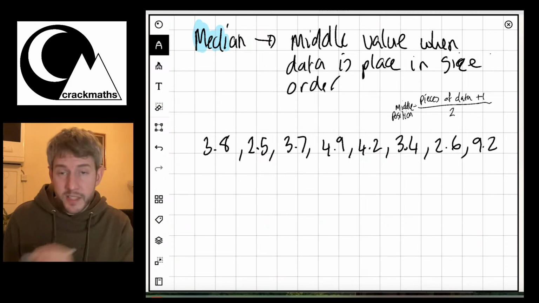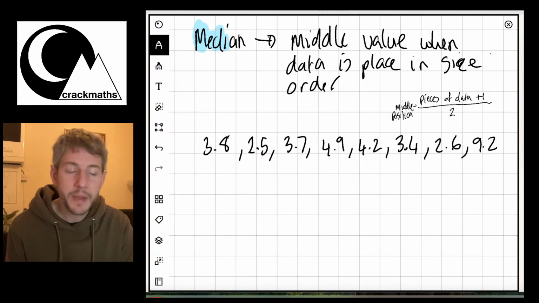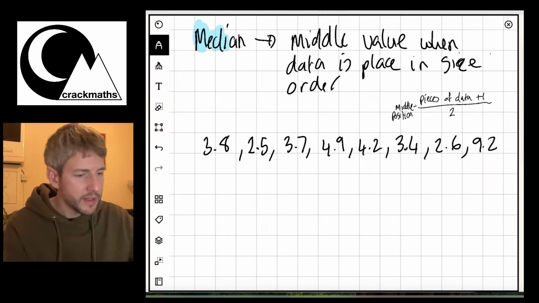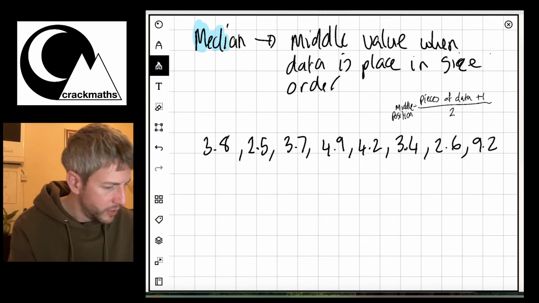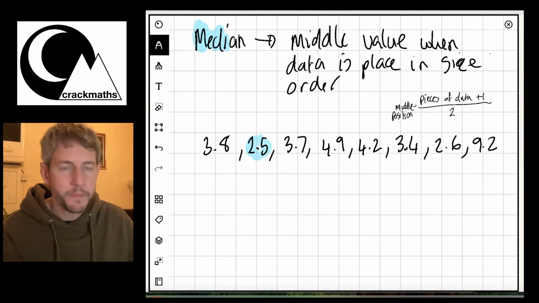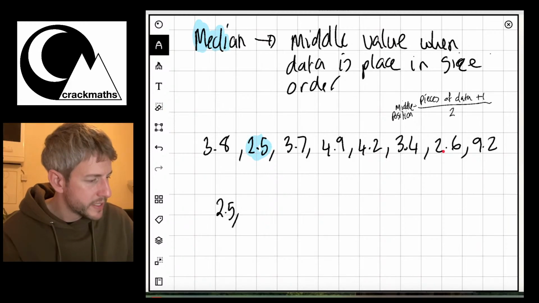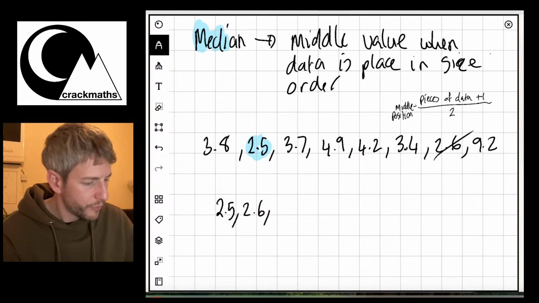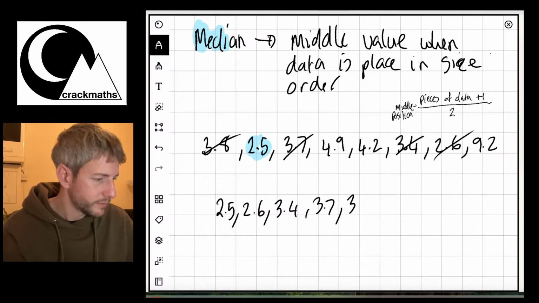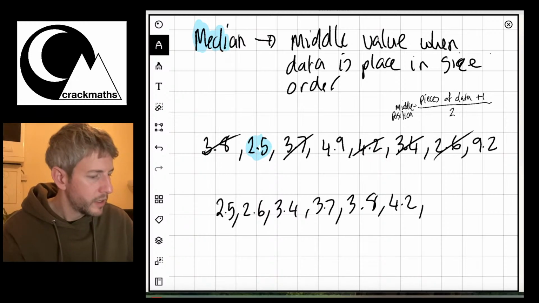So the first step always, when you've got your pieces of data for the median, is to put them in size order. Let me have a look at what I can find. It looks to me that 2.5 is the smallest, so I'm going to write that down first. So we've got 2.5. Then I've got 2.6, then 3.4, 3.7, 3.8, 4.2, 4.9,